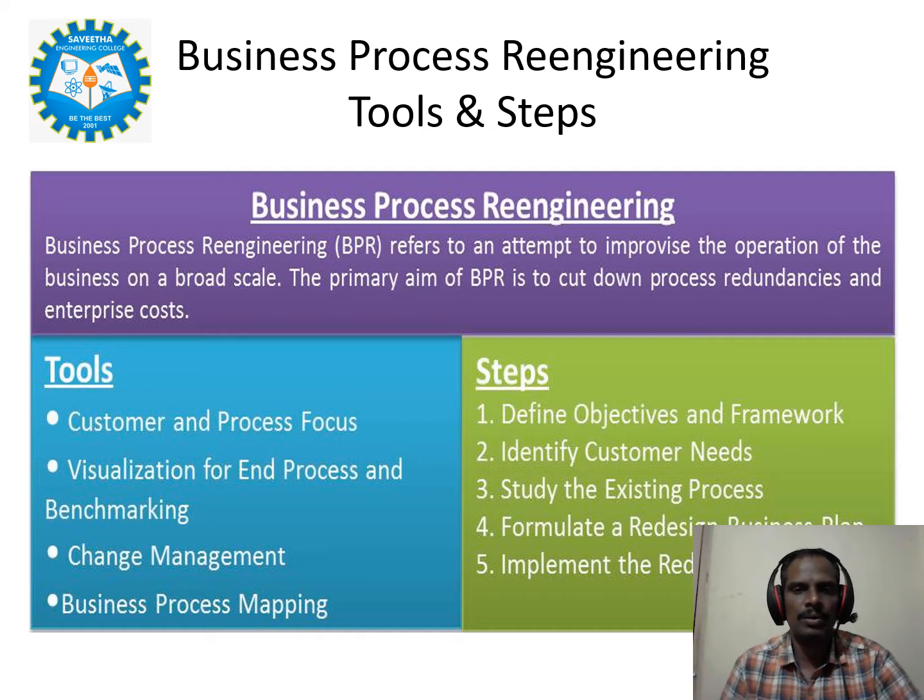The business process reengineering tools and steps are used to get improvement in the process plan. The tools include customer and process focus, visualization of the end process, benchmarking, change management, and business process mapping. These are the main tools, which mainly focus on the customers' needs and on making the process a straight line, whereas the steps to improve the